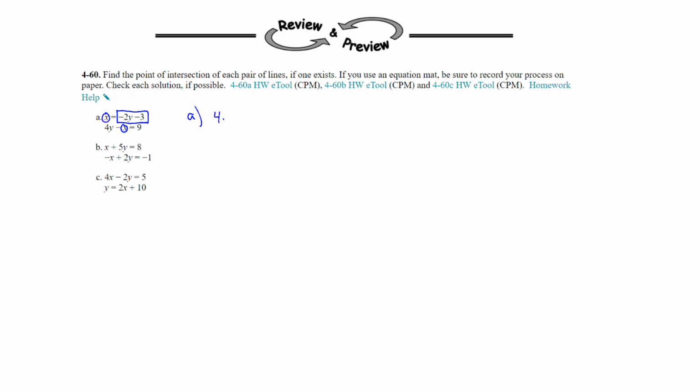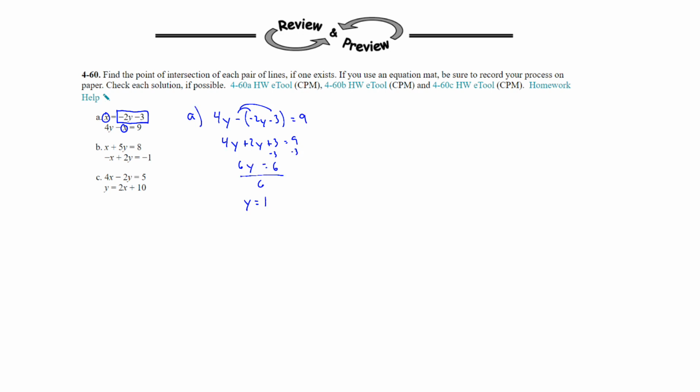So we have 4y minus, and then since it's minus the quantity, make sure you put it in parentheses because you will have to distribute the negative sign. Negative 2y minus 3, and then is equal to 9. So we'll go ahead and solve. 4y plus 2y plus 3 equals 9, and that is because I distributed the negative sign. 6y, if we combine our like terms, subtract the 3, is equal to 6, so therefore y is equal to